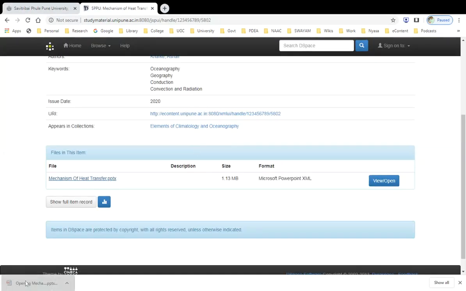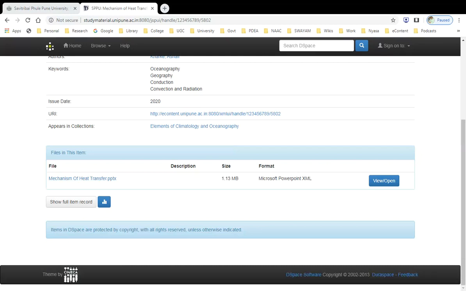See, it gets downloaded directly on your device. You can directly use it and study from this. This is created by Dr. Kharke ma'am from Nashik.